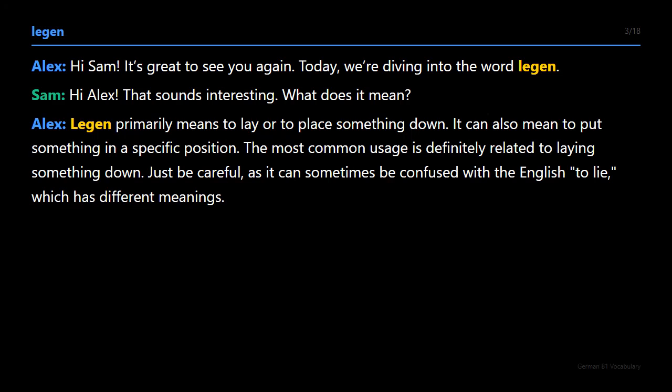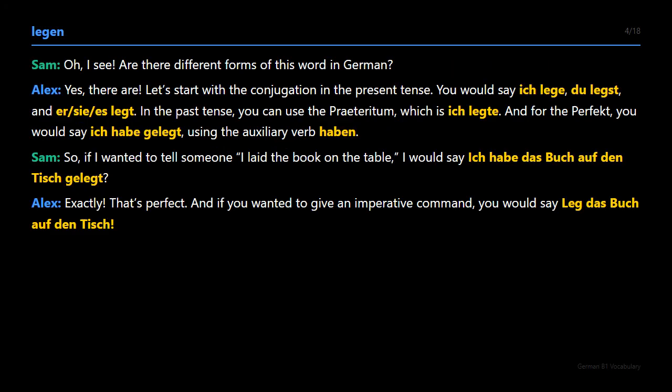Oh, I see. Are there different forms of this word in German? Yes, there are. Let's start with the conjugation in the present tense. You would say, ich lege, du legst, and sie, es legt. In the past tense, you can use the Präteritum, which is, ich legte, and for the perfect, you would say, ich habe gelegt, using the auxiliary verb haben,